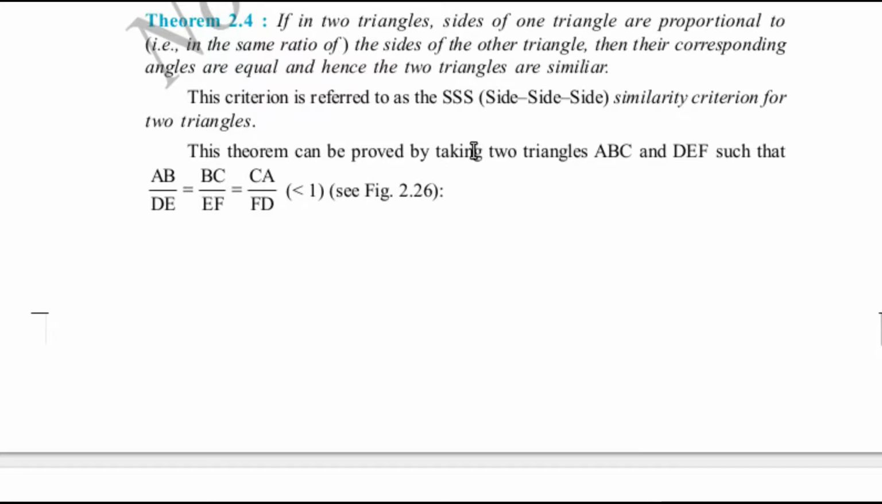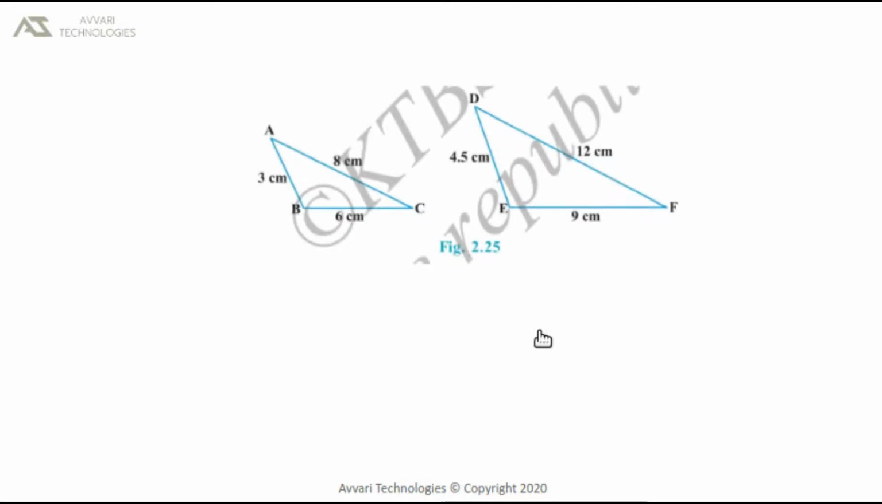This theorem is proved by taking two triangles ABC and DEF such that the ratio of their corresponding sides is less than 1. So what does it mean? Consider these two triangles, that is triangle ABC and triangle DEF. Their corresponding sides are AB, DE, BC, EF and AC, DF. Now we will take the ratio of these two,